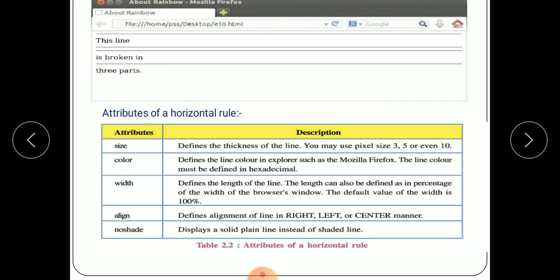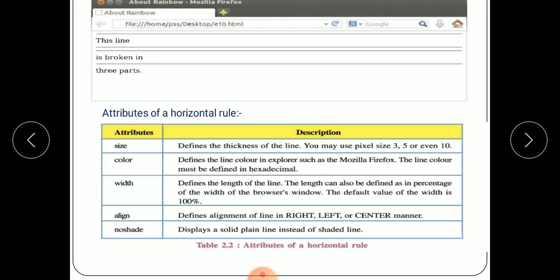Now color. It defines the line color in browsers such as Mozilla Firefox. The line color must be defined in hexadecimal. It means if you add your color as HR color is equal to red, it is not displayed in Mozilla Firefox.